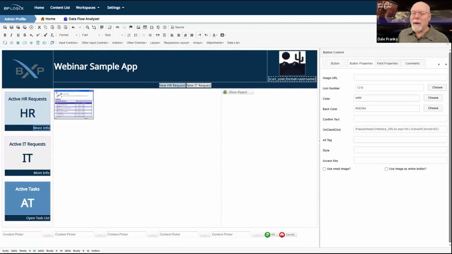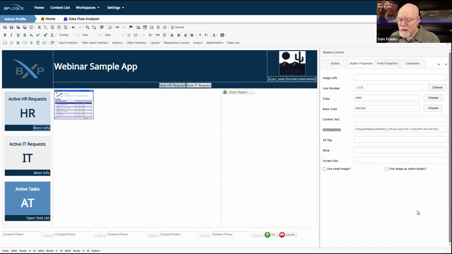And we'll talk about that in a second. On client click. Every button has an on client click property. Usually we don't care about it. Usually we never even look at it because we actually don't want things to happen on client click. For the most part, Process Director is database based. All of the important action happens on the server side, not in your browser on the client side. So we don't care about this client stuff.